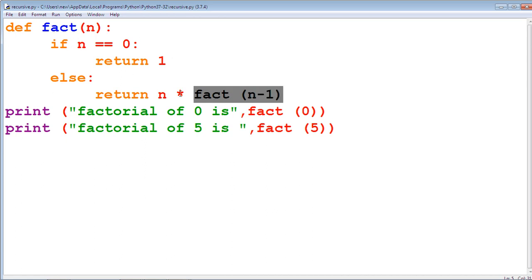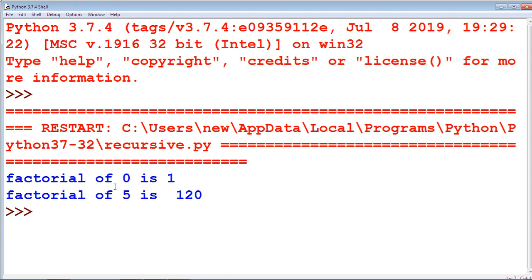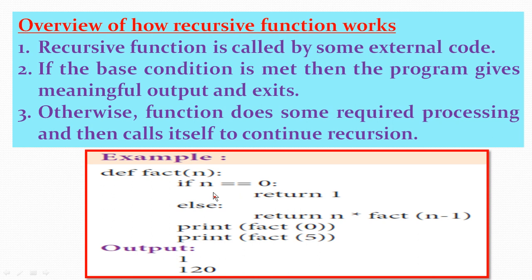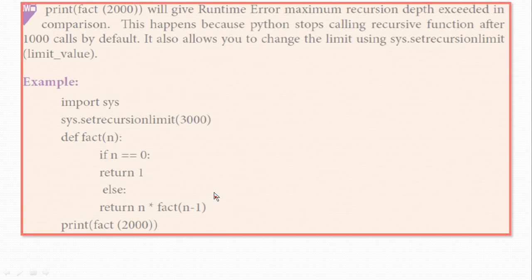It calls the same function, fact of 5, here fact of 4. This type of program is called a recursive program. Run this module, we are getting the value: factorial of 0 is 1, factorial of 5 is 120. This is the example program for the recursive function.